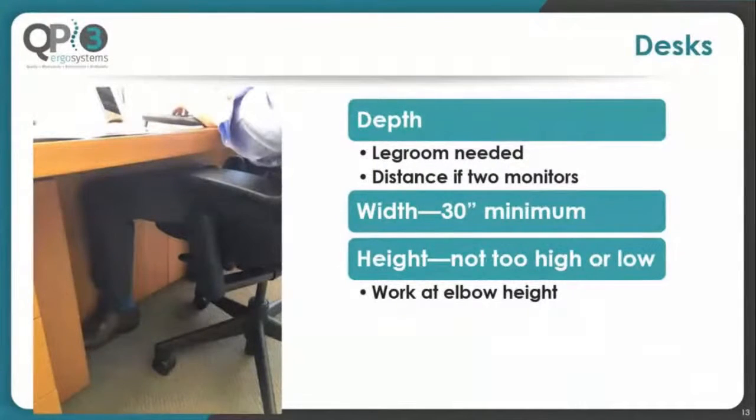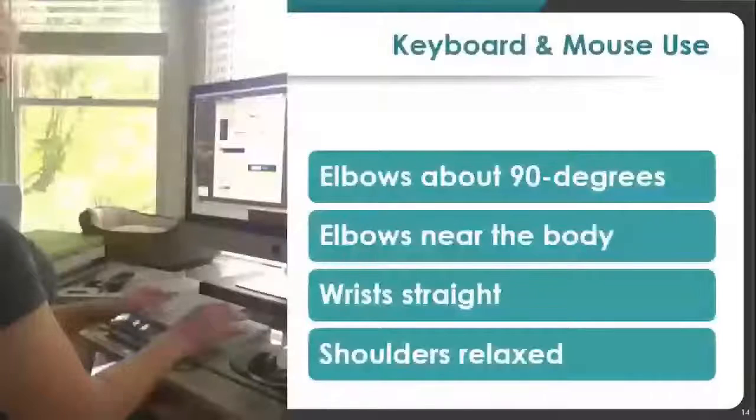And again, you don't want the height too high or too low. You want to work at elbow height. So where my keyboard is, I need to be at about elbow height. I may need to raise or lower the chair. If you have an adjustable desk, you need to raise or lower the desk. But working at elbow height is a good rule of thumb. It doesn't matter whether you're in an office or working out in industry, in assembly, you want to work at about elbow height. Now, when you use a keyboard and mouse, again, keep the elbows about 90 degrees